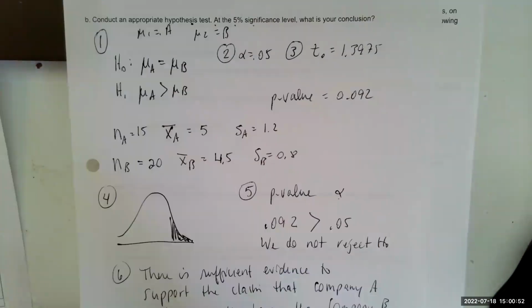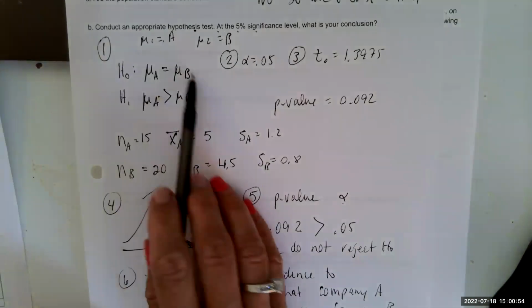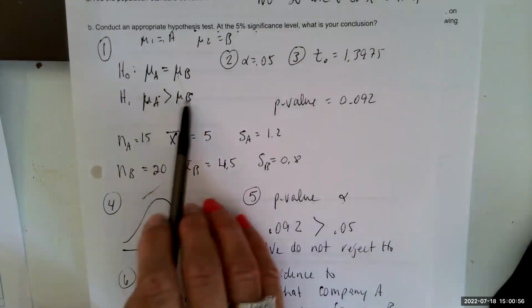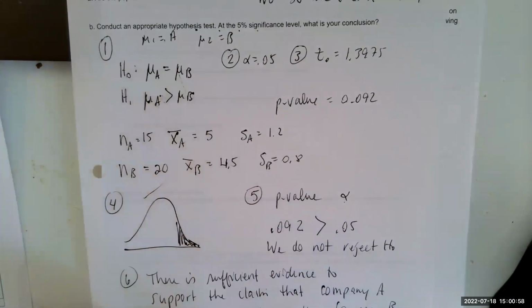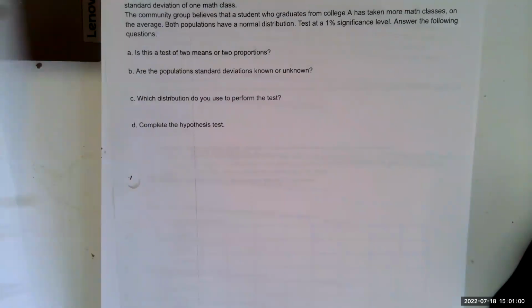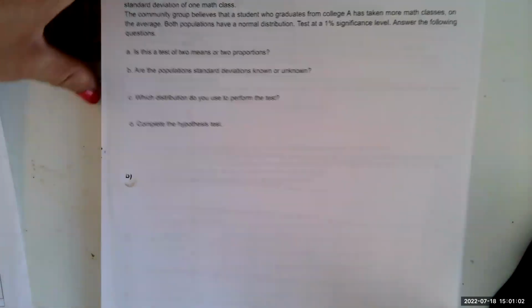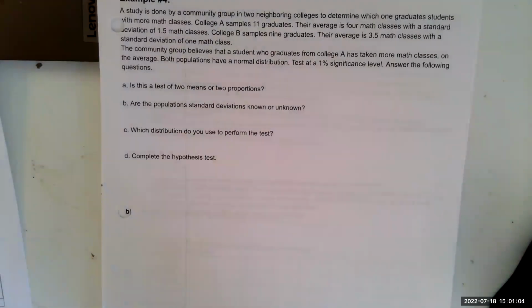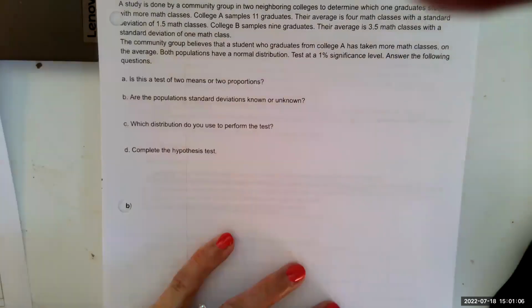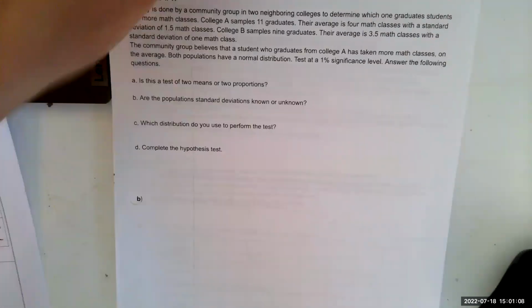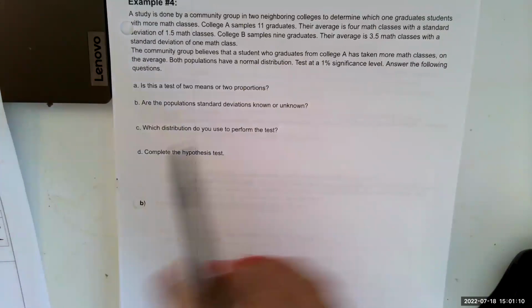Okay, so we're comparing. So notice that we don't have a number that we're comparing to. We're comparing two samples to each other. Okay. So let's look at example 4. This says a study is done by a community group and 2 neighboring colleges to determine which one graduates students